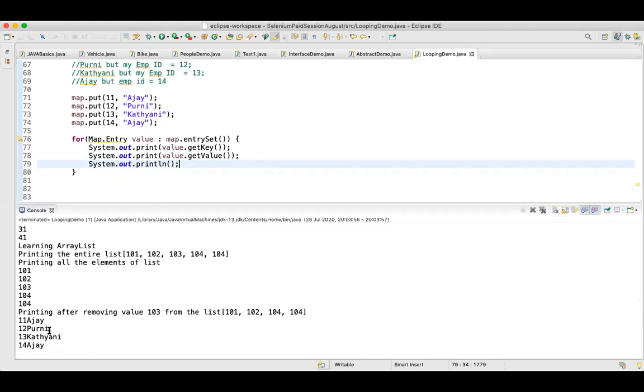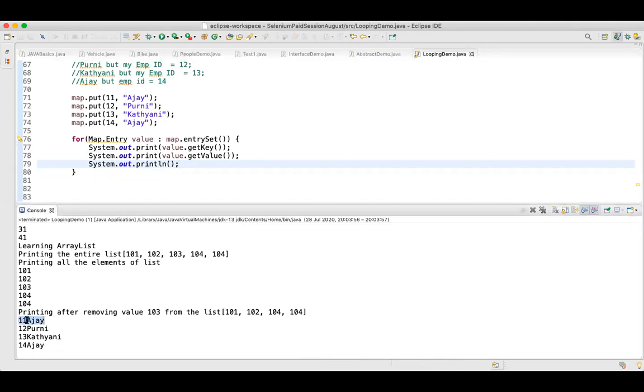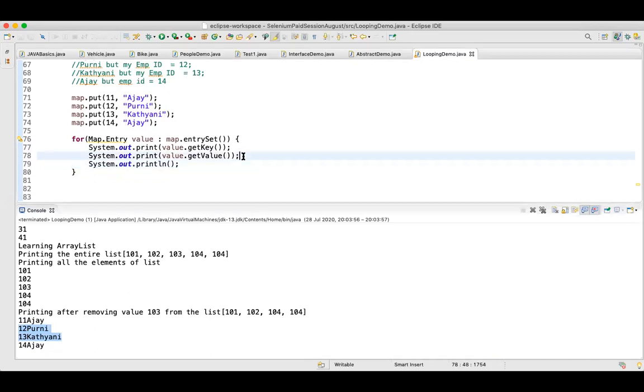Guys, now can you see this? The ID of Ajay is 11, and we have one more Ajay, but the ID is different. And we have two more employees with different IDs and different names. If you want to print only the keys, you can print only the keys. If you want to print only the values, you can print only the values.